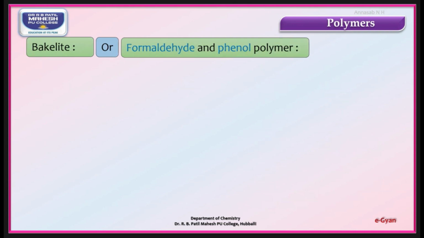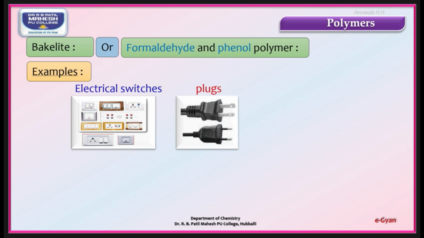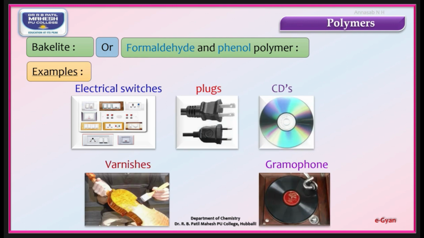Moving to the examples. Bakelite is used in the preparation of electric switches, plugs, CDs, etc. Moving to the last part of the video lecture: the preparation of melamine and also the preparation of urea formaldehyde polymer. First one,